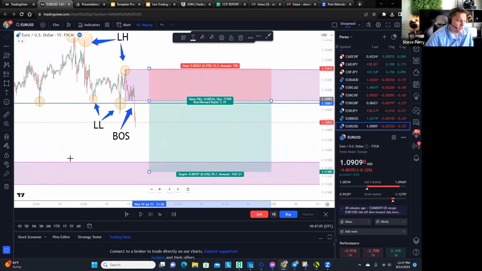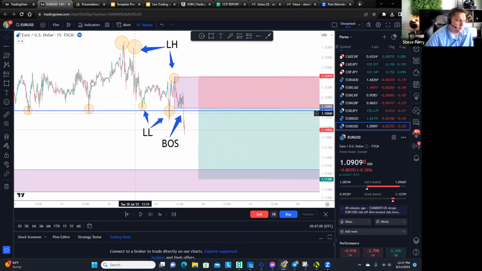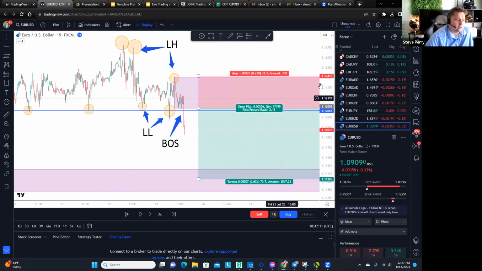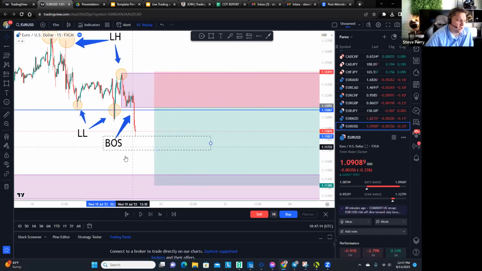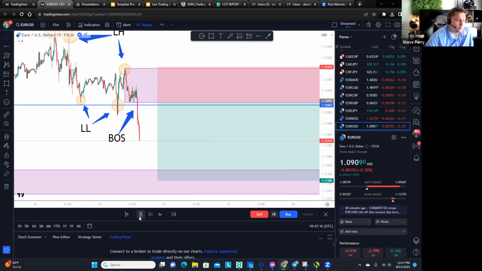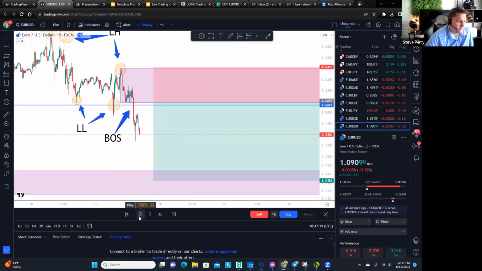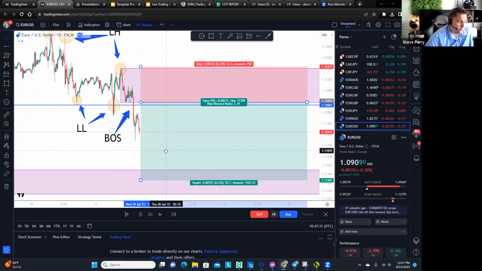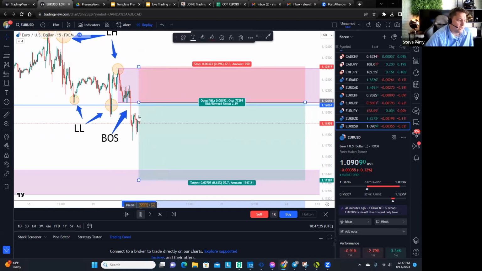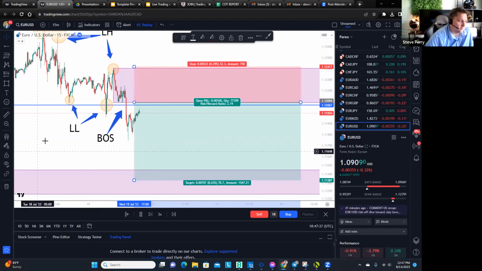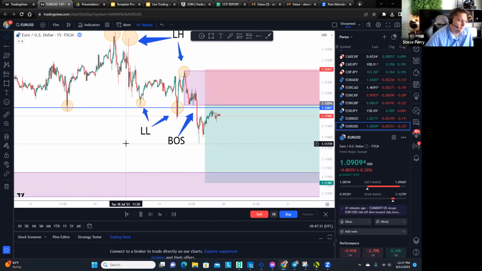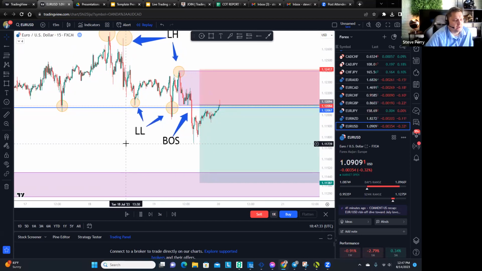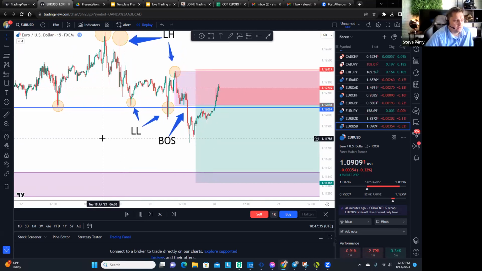And then you wait. So once you have this all set up, you have your break of structure, you found your liquidity, you got lower lows, lower highs, all that price action, good stuff. Now you just let the trade go and play out. And this one, sure enough, I'm pretty sure this one came right up to that line. Came up to the liquidity zone. Here it comes. I'm pretty sure it came up here and then, yeah, so it's triggered in.